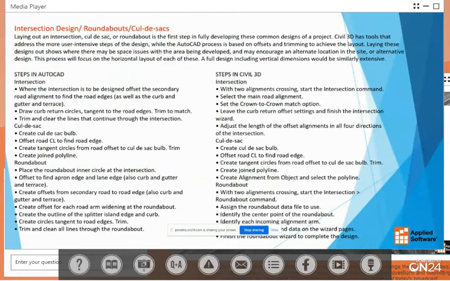Moving up to a little bit more complex, now we're talking about intersection design, roundabouts, and cul-de-sacs. If you've been using Civil 3D, you know from the roundabout tool or the intersection tool, that's in seconds. In AutoCAD, we need to offset alignments from the major road to the minor road, offset curve returns, offset a bulb in the cul-de-sac, offset roundabouts, circular roundabouts, creating offsets from, there's a lot of work that's required in reference